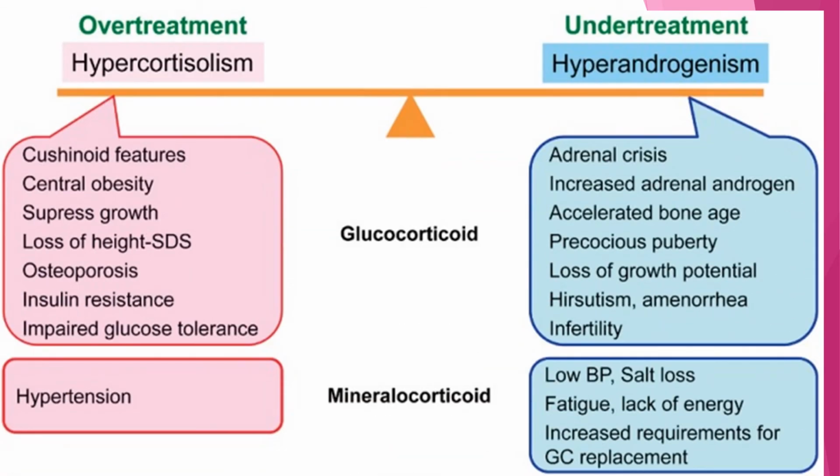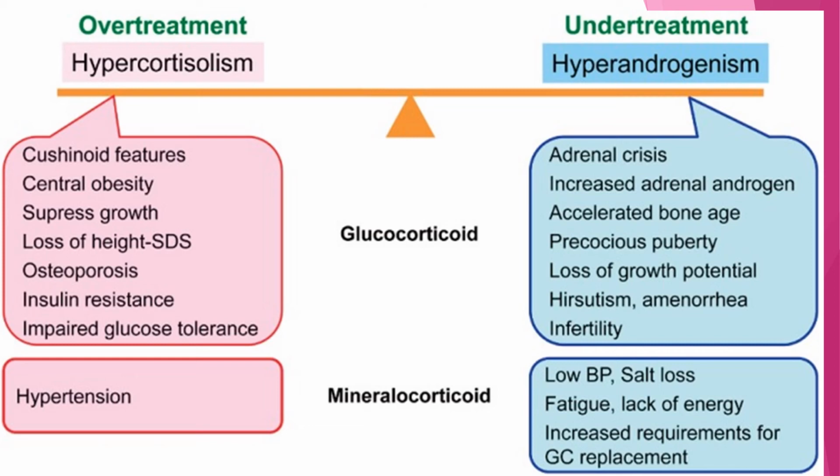Overtreatment causes Cushingoid appearance, central obesity, suppressed growth, loss of height standard deviation for age, osteoporosis, insulin resistance, and impaired glucose tolerance. So we have to avoid overtreatment with hypercortisolism. Mineralocorticoid overtreatment can cause hypertension, whereas undertreatment with glucocorticoid causes adrenal crisis, increased adrenal